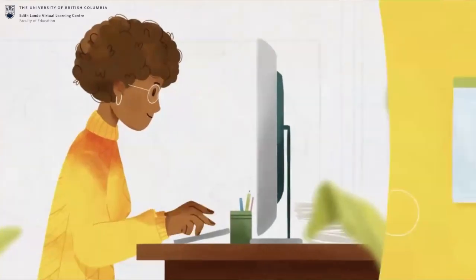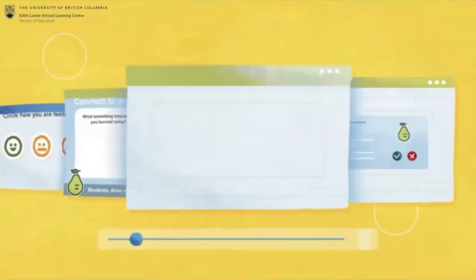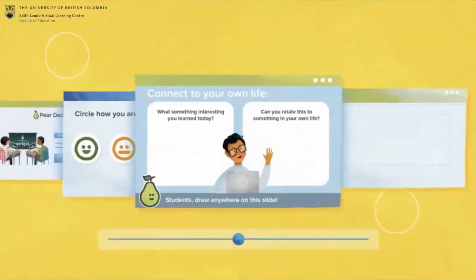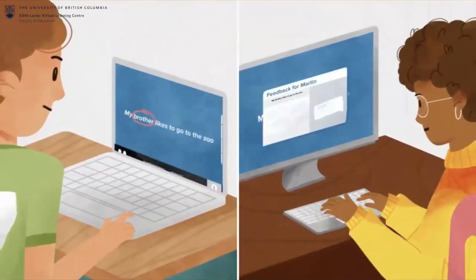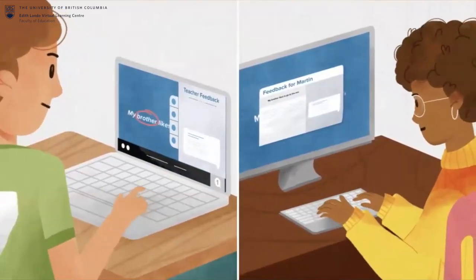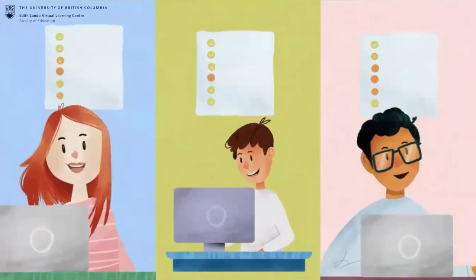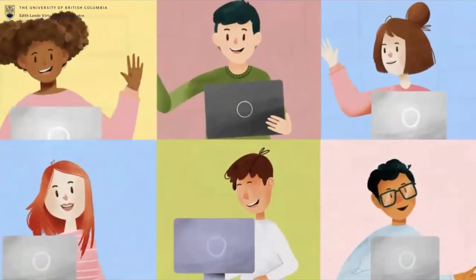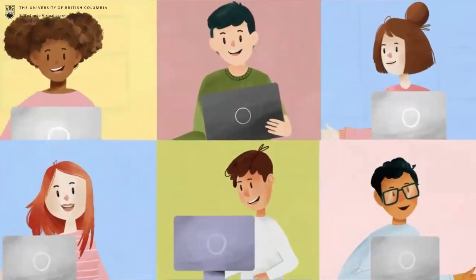Pear Deck lets me add interactive assessments right into my presentations. There are pre-made templates for me to pick from, or I can create my own. As students interact with a lesson, I can see responses in real time to offer feedback or adjust instruction. Pear Deck supports proven instructional strategies, resulting in more effective teaching and improved student outcomes. It makes the classroom more welcoming, inclusive, and fun.